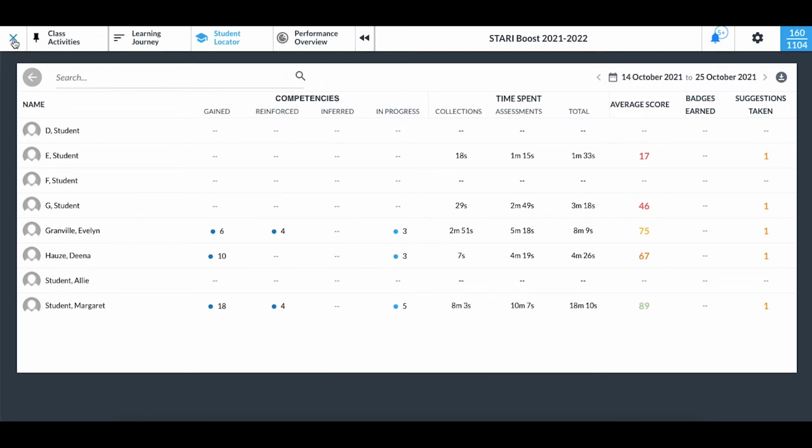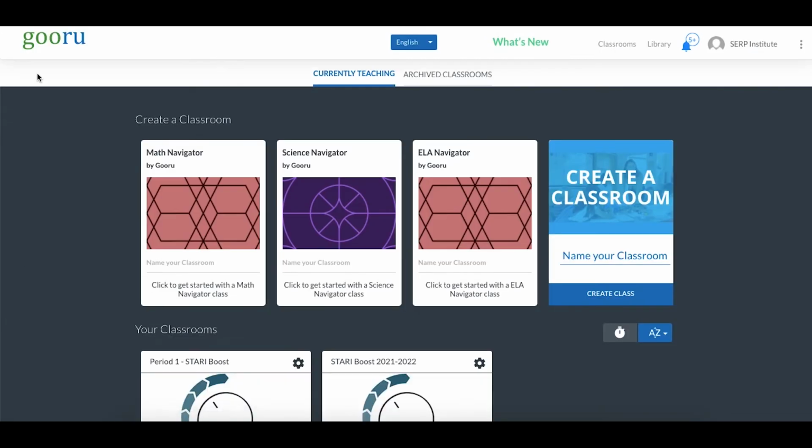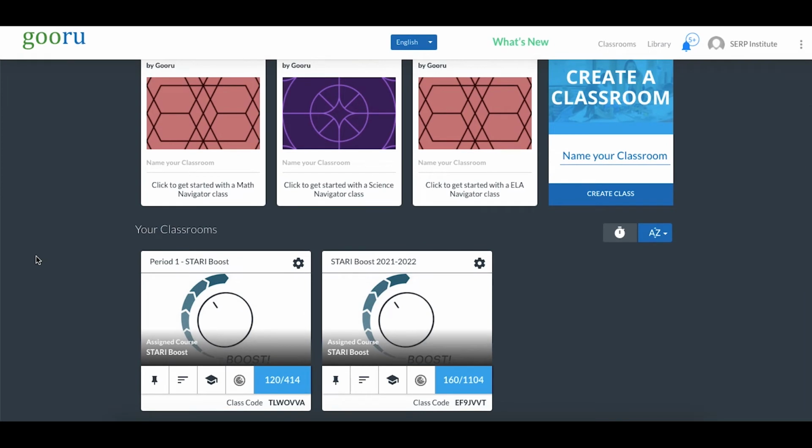And let's take us all the way back to the beginning so I can show you how to get in from the outside. So we were just in our Performance Overview tab. Remember, we clicked that lower left box that took us to our class progress report. Now we're going to go to our Student Locator tab, and this will give us another way to see how our students have done on the Diagnostic. So I'm going to click on Student Locator,